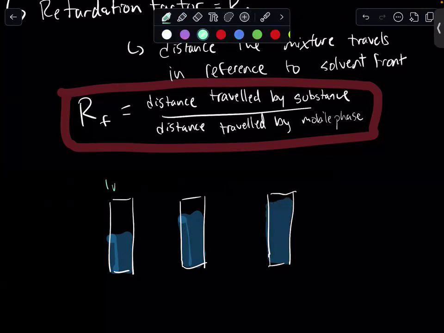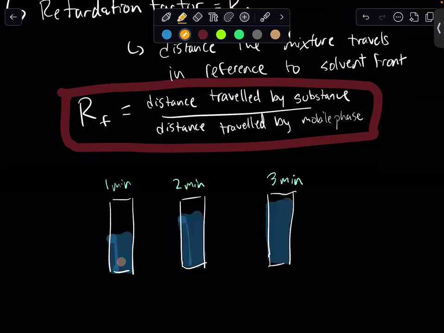So this may be 1 minute, this may be 2 minutes, and this may be 3 minutes. If you're just comparing against an unknown, it's often hard if you don't know how long that unknown went in. But the key here is the actual amount of movement will be proportional. So even though they've all moved a different amount,